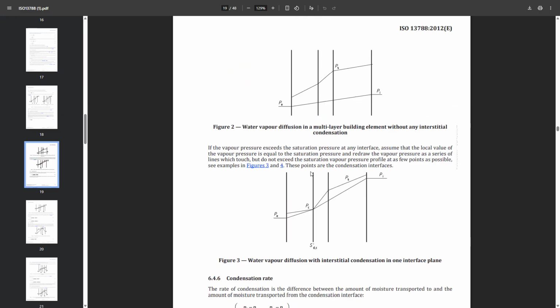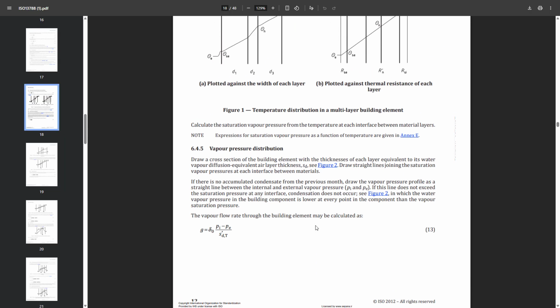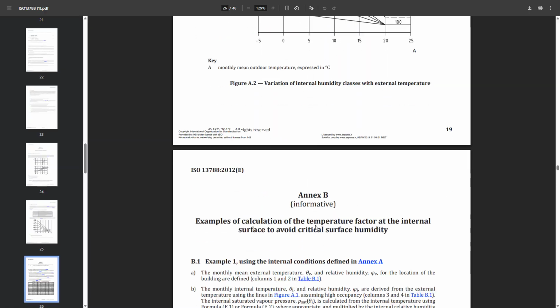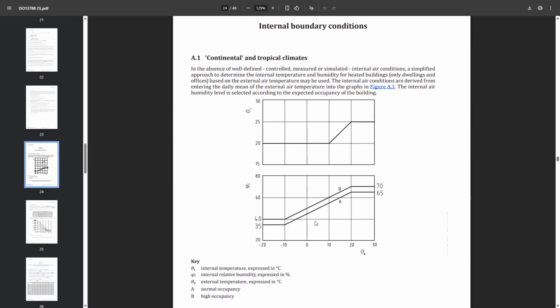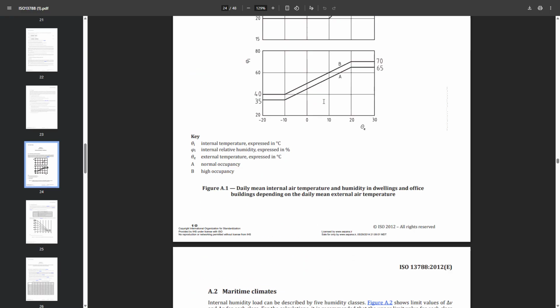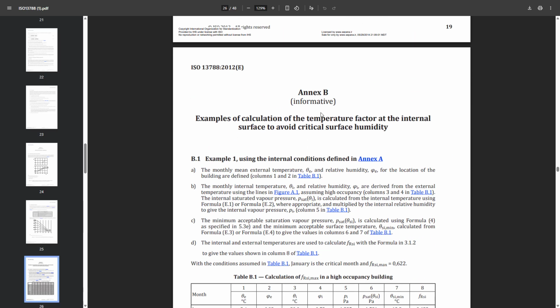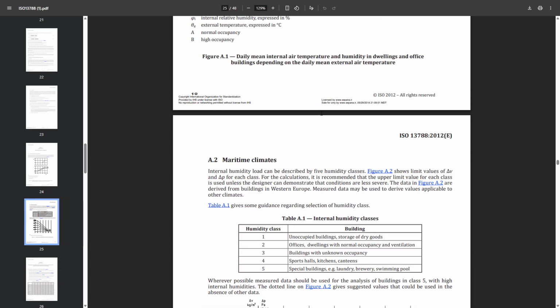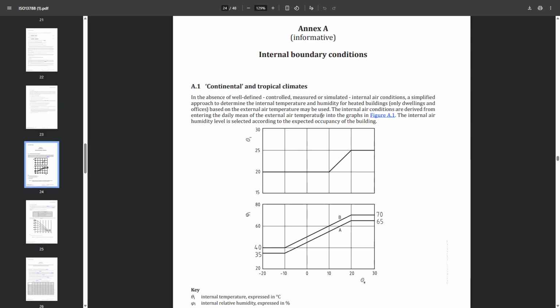We'll see this more in action when we jump back onto the platform. Now, that's fine, that's all interesting, but we need to jump down into the annexes to really understand how to set up a model in Better Building. We're going to set up a model relative to its internal boundary conditions. And I forget what the external boundary conditions are, but they are sought for you through a climate file pertaining